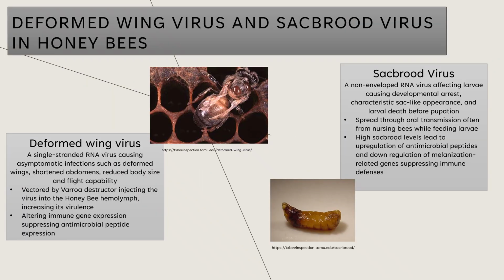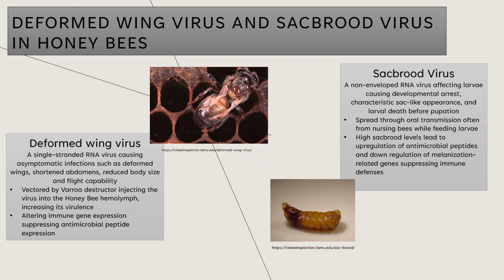So what exactly is deformed wing virus and sac brood virus in honeybees? Deformed wing virus is a single-stranded RNA virus causing asymptomatic infections such as deformed wings, shorter abdomens, reduced body size, and reduced flight capability, vectored by Varroa destructor mites injecting the virus into the bee's hemolymph, increasing its virulence, altering immune gene expression,